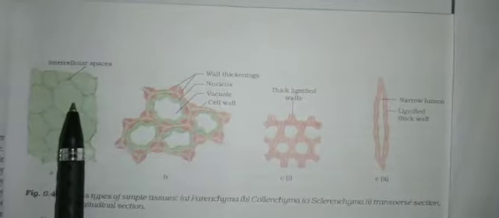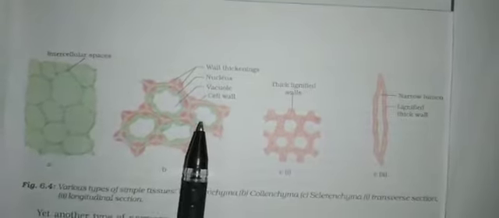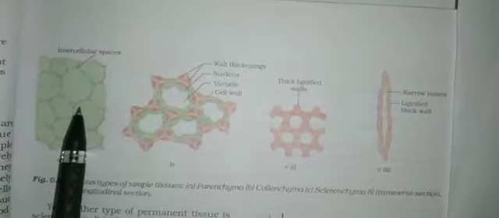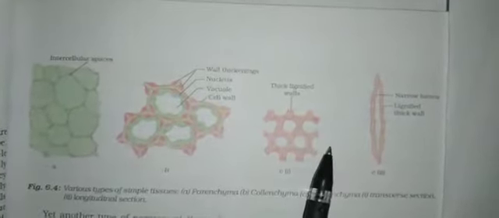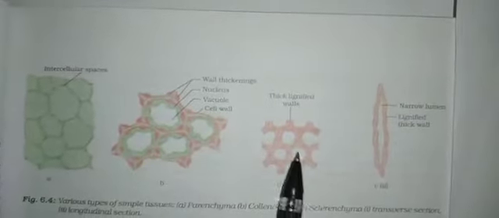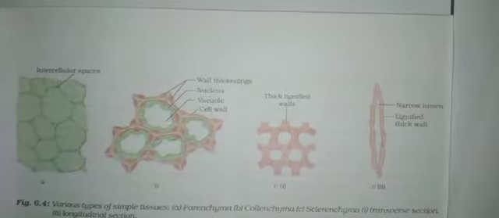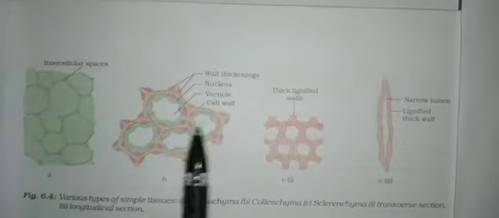So parenchyma does not have a definite shape, and collenchyma and sclerenchyma have a definite shape, right? And in parenchyma you can find so many intercellular spaces. So less or no intercellular spaces here, no intercellular spaces. These two are living cells, and sclerenchyma are dead cells. So these are some of the differences between parenchyma, collenchyma, and sclerenchyma.